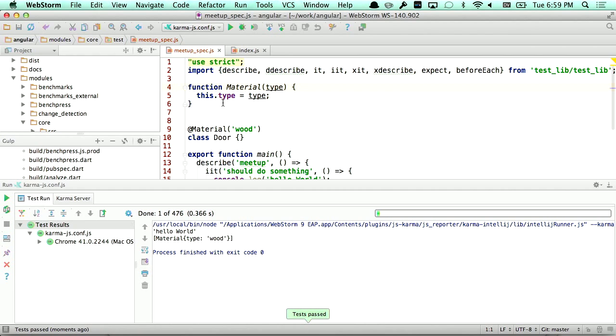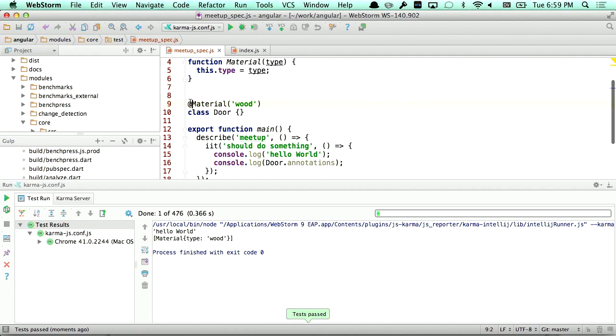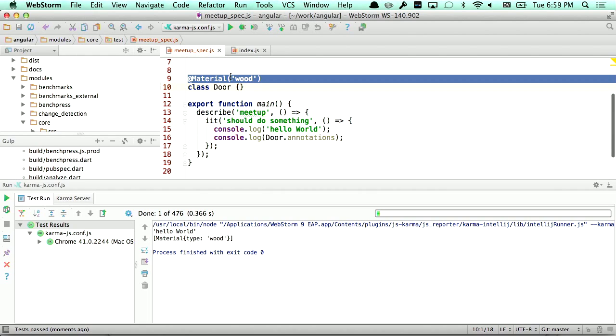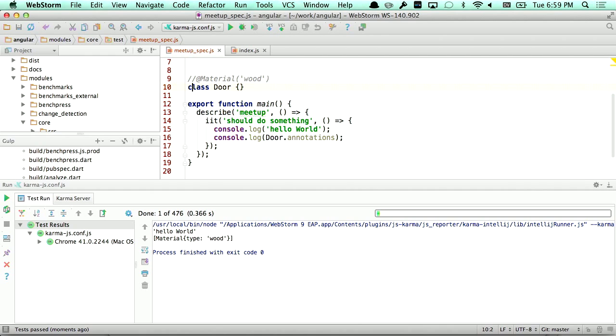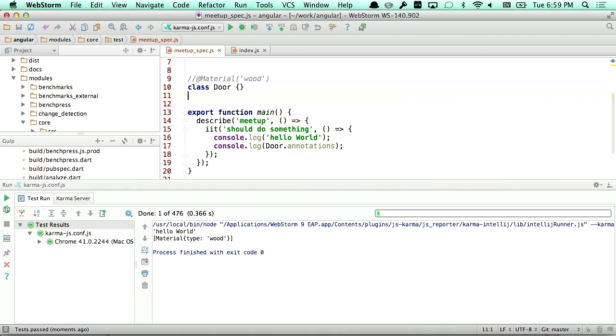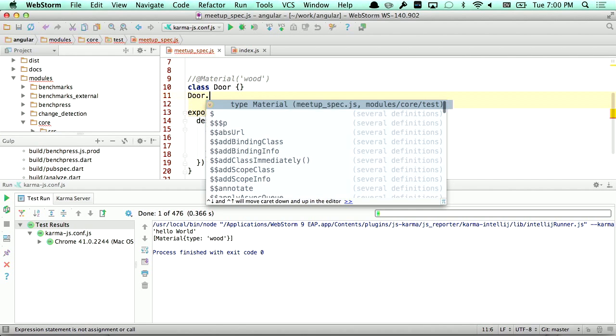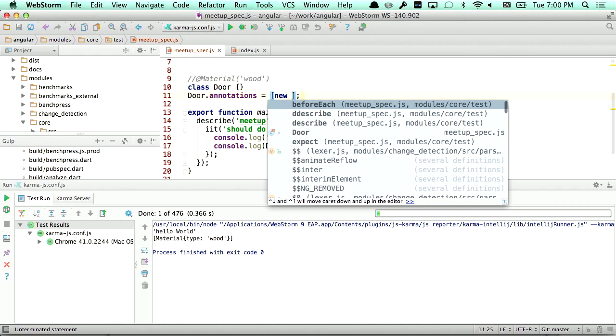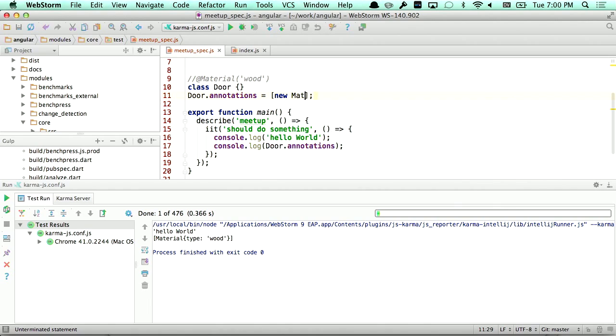So notice all that the annotation really is, is an instantiation of that particular type. For example, if I didn't want to use AtScript for this, I could unroll it back, and this just becomes door.annotations equal to new material.